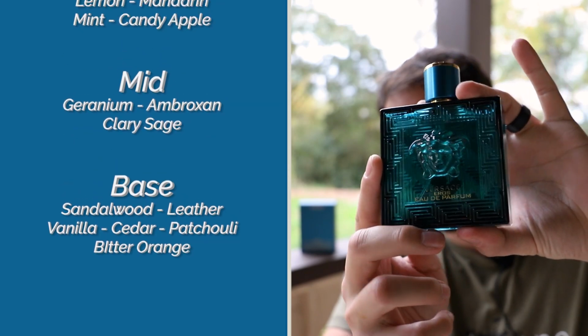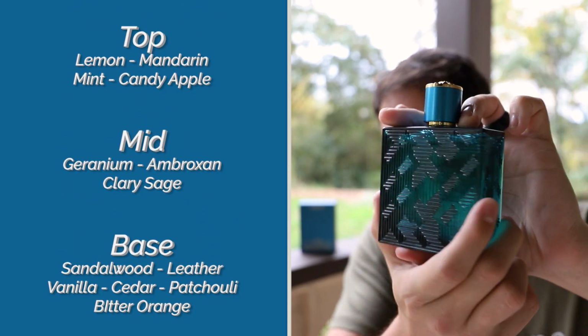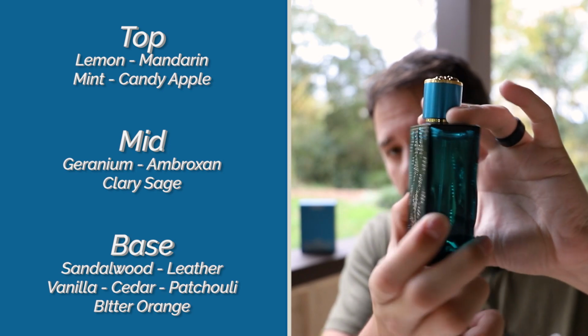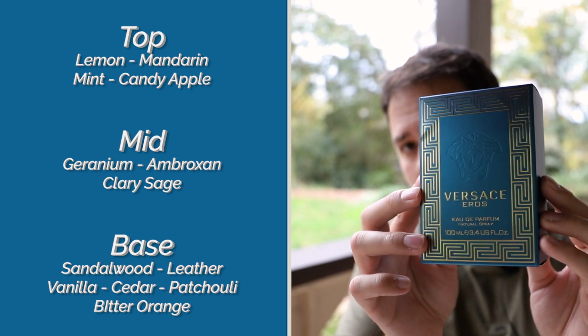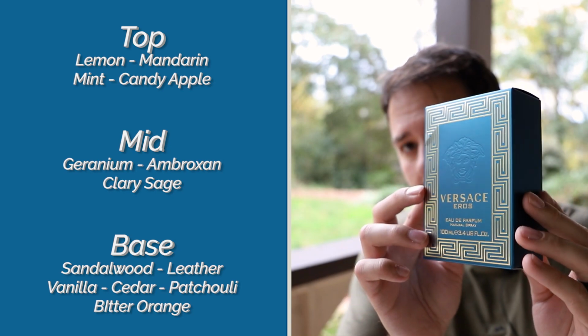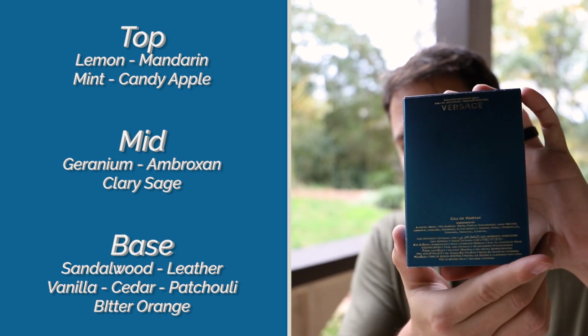And another thing that you pick up pretty early on, the Amber Max. It pumps out pretty strongly. And in the opening, it's right there. You can feel it in your nose when you smell this fragrance. It gives you almost a tingle on your nose hairs. It smooths out after about 10 to 15 minutes though,